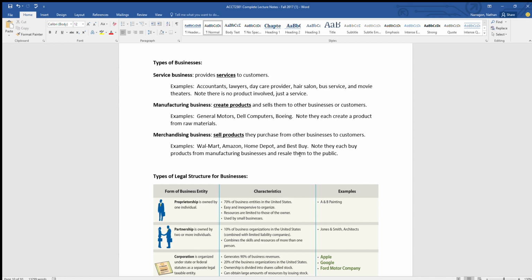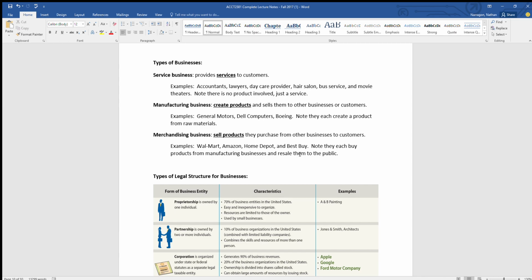Next one is manufacturing businesses. These ones create products and sell them to other businesses or customers. So like right there, General Motors with cars, Dell computers, Boeing, airplanes. I mean, anyone that converts raw material to an actual product that is sold. Manufacturing business is going to be big in 2302, but these are going to have inventory just like the next